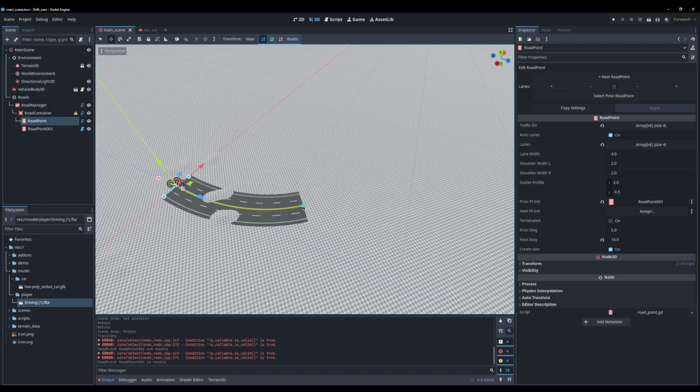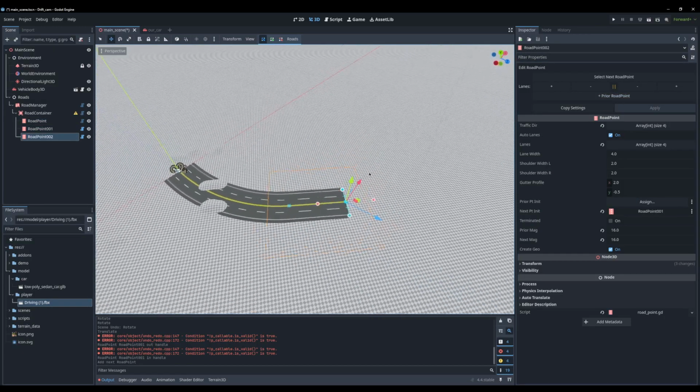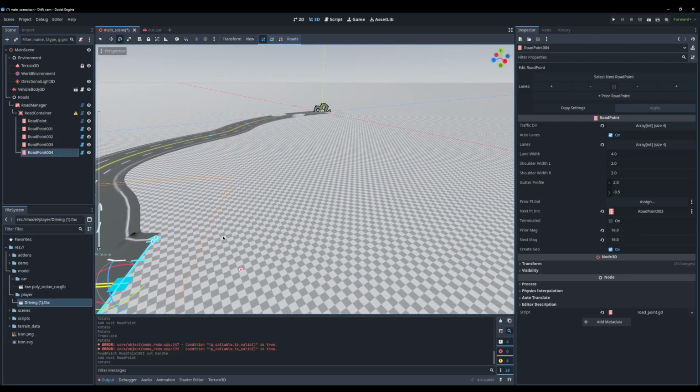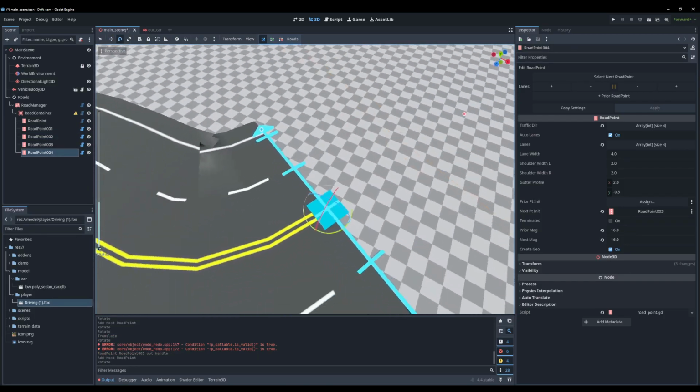Okay, what is it? Select prior point. There we go, prior point. And then I'll cut back once I'm done. Cool, so now that we've got something to work with just for now, I'm going to show you a couple